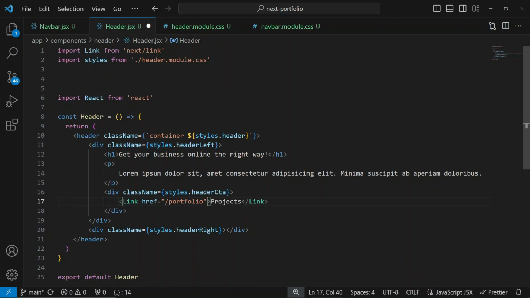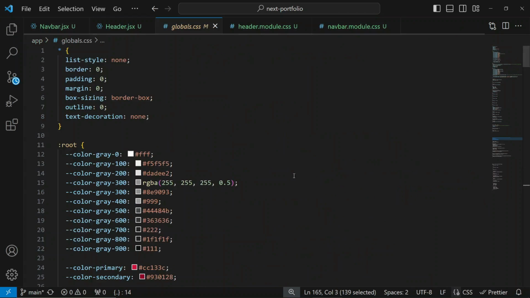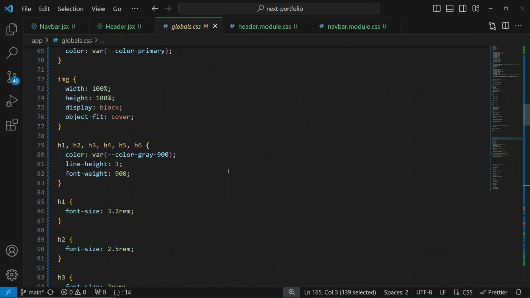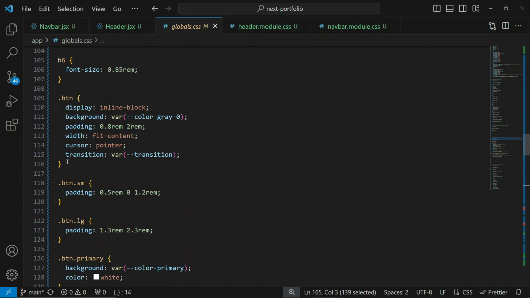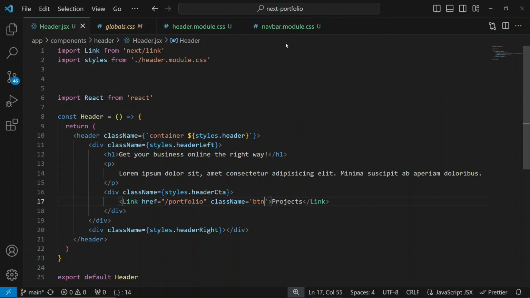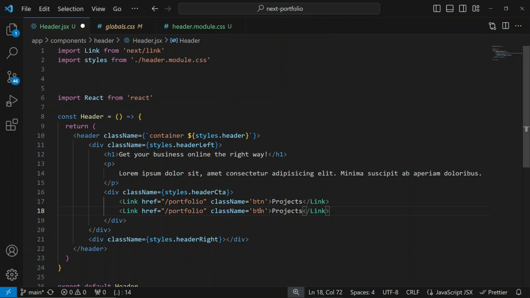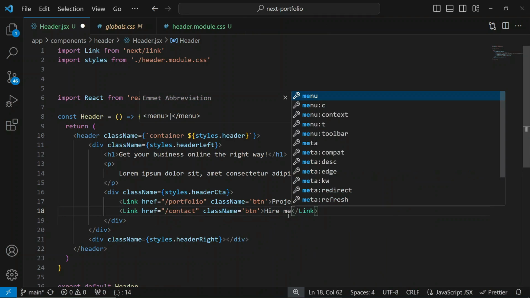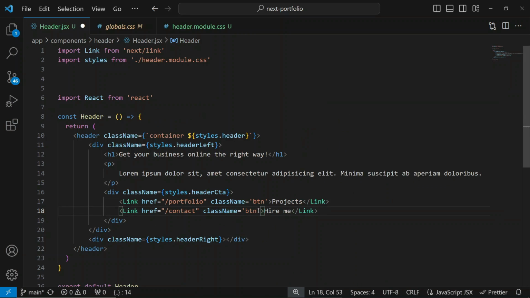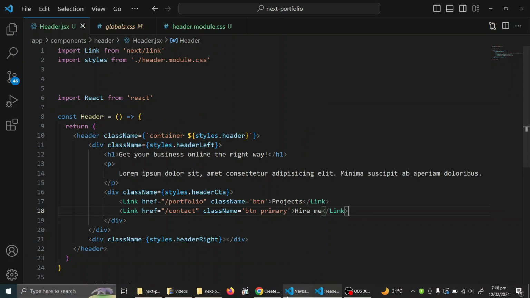Let me actually give this a class of btn, which is coming from the global css right here. Remember we had a btn class. Okay, so these are the styles that are going to take effect. Let me close the navbar. Okay, so we gave it a class of btn, and the second one is going to go to the contact. So let's just say hire me or contact me, whatever you want to write. But this one, I'm going to have another class of primary. Okay, so we save this, come back to our project,